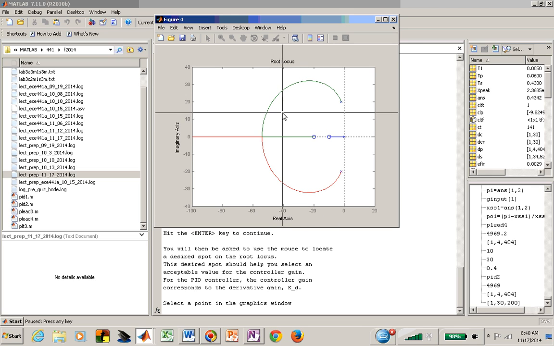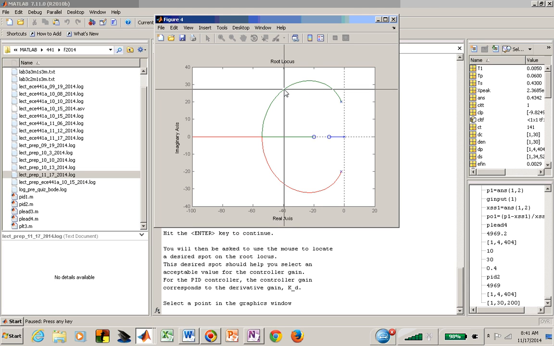And now what I'm looking to do is, if I'm 40 into the left half plane with my poles, then as long as I stay here, if I went here, is that satisfying a zeta greater than 0.7? Is it clear that I'm not satisfying my zeta condition? I need to have my real part bigger than my imaginary part, and if I come over here, let's say to minus 40,